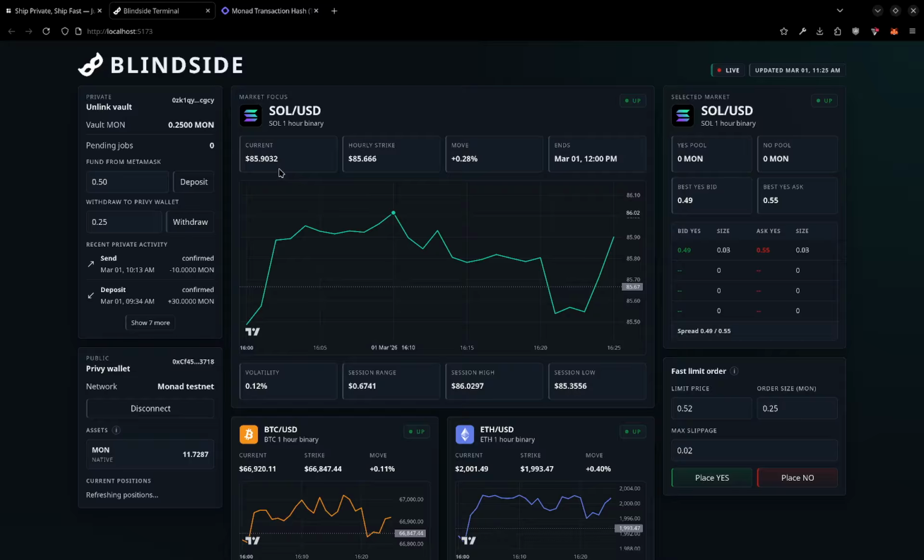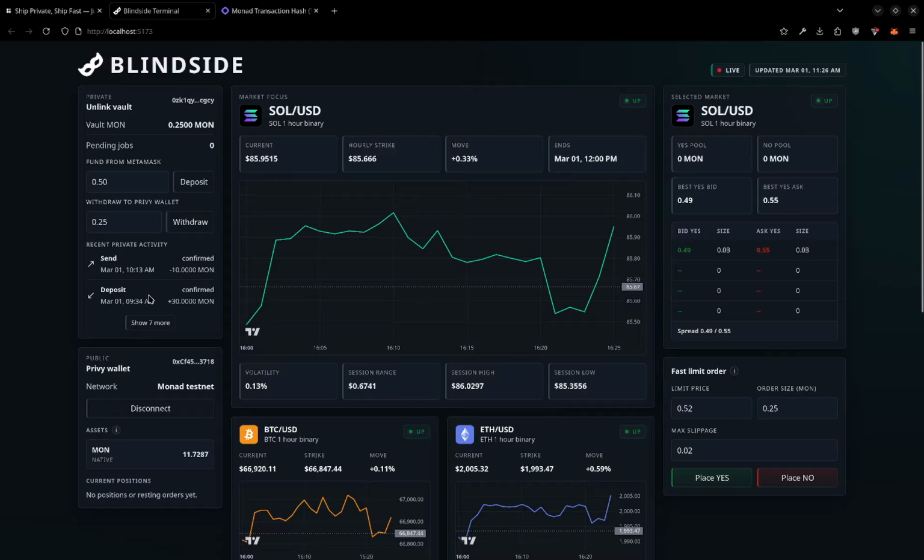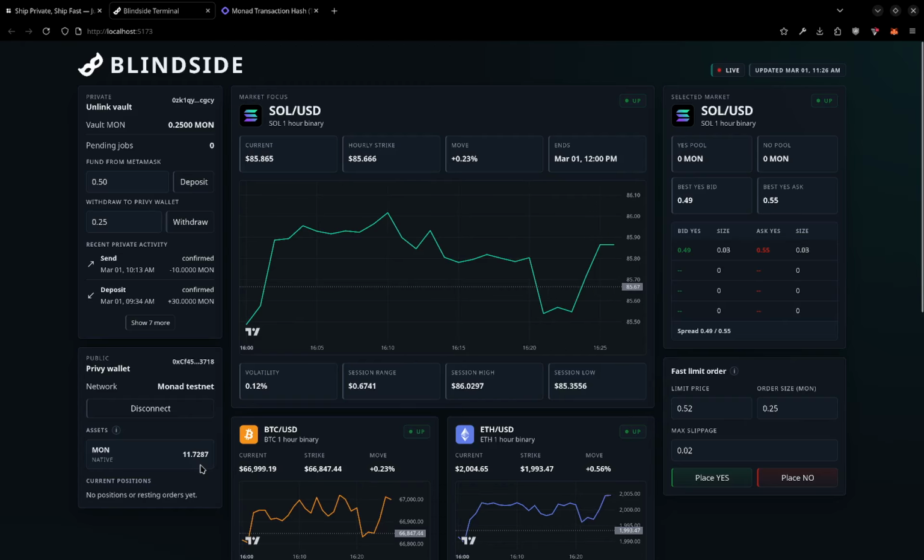which does more to hide the direct relationship between where funds came from and where they end up being used. So the purpose of Unlink is not just in the middle, it acts as a vault that breaks the obvious on-chain linkage between the public MetaMask wallet and the identity decoupled public-facing wallet we use in the app. The user's main wallet is still how value enters the system, but it's not the wallet that has to become the visual trading identity. Once funds are in that private layer, the app can move out into the in-app execution wallet, and that is